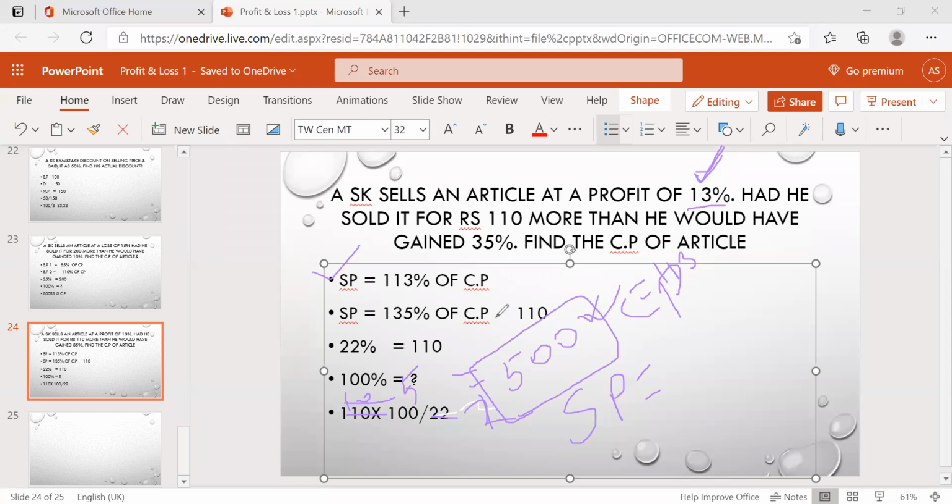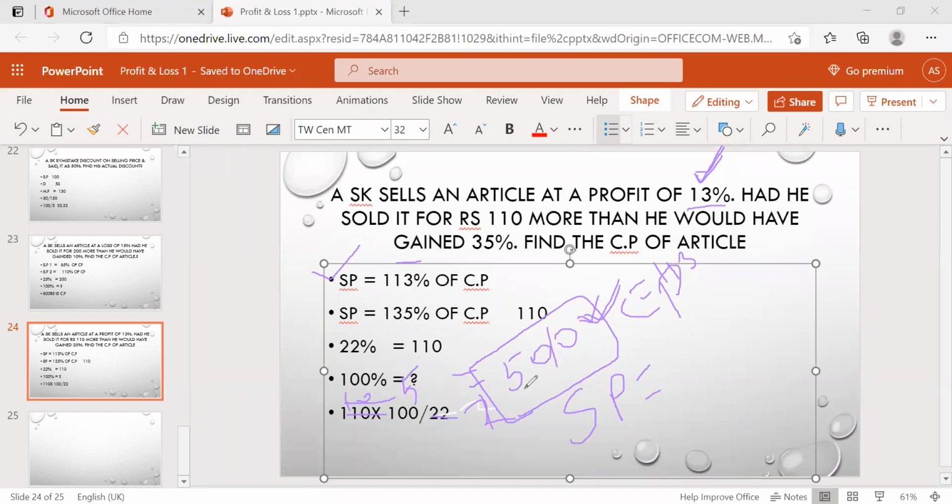Yes, Akhil. See here, we know that 100% is 500. So 13% extra, right? What is the 13% in this? What is the 10% in this? 50 rupees, right? What is the 3% in this? I said in the percentages concept, very clearly how we are going to find out the percentages in the splitting technique and taking a decimal point.